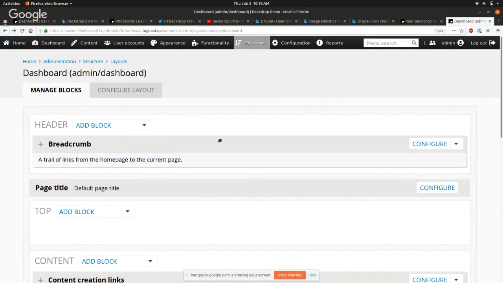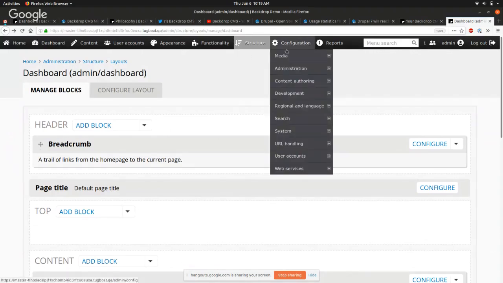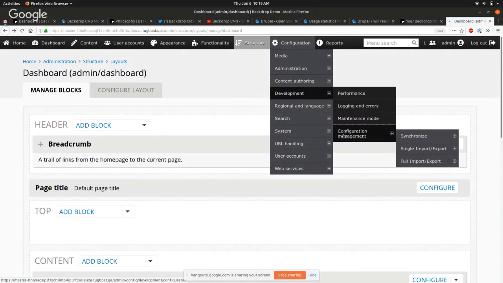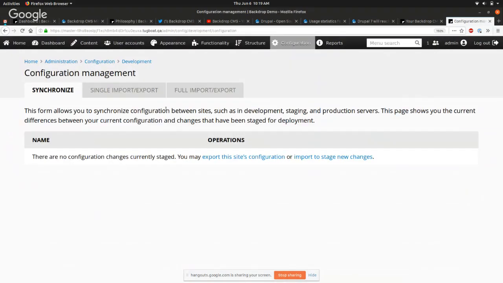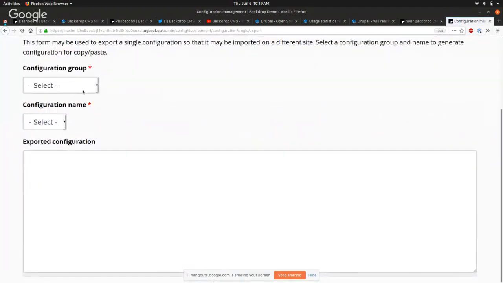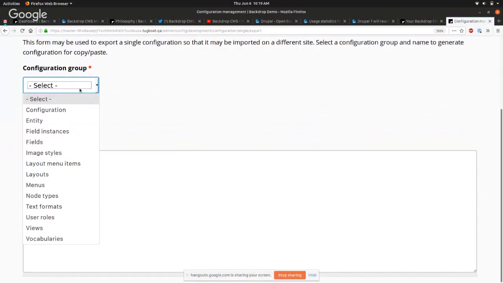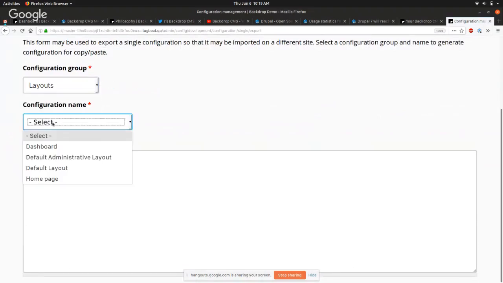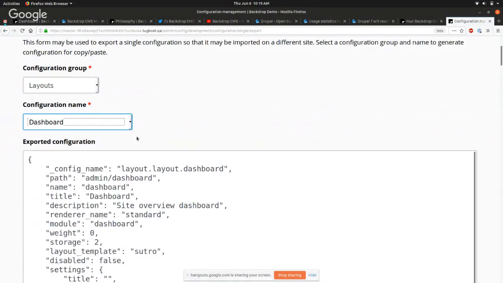I really like configuration management. We're sort of going through what are the biggest differences between Drupal and Backdrop. Layouts and configuration management are the two big killers. Everything else is like we just put stuff that was in Contrib into Core. Configuration management is the separation of your content, which goes in your database, from your configuration, which is now stored in JSON files. So Nate's going to show you an example of what the JSON file looks like for the